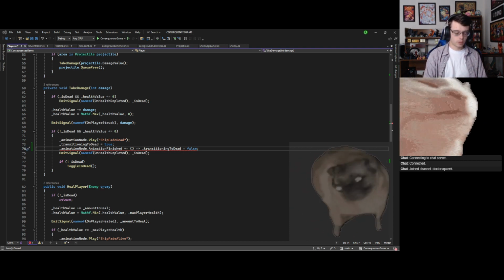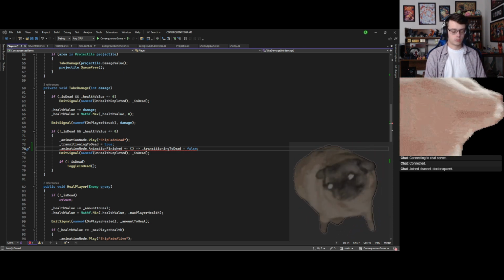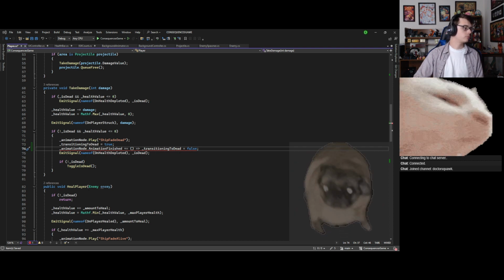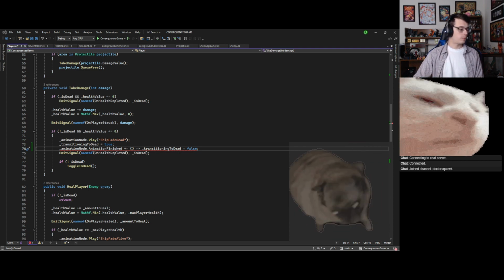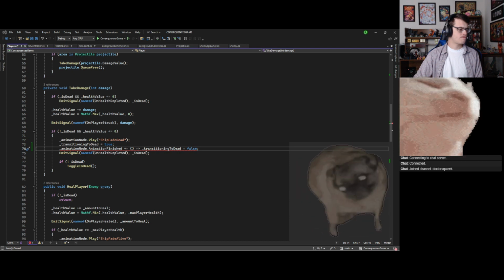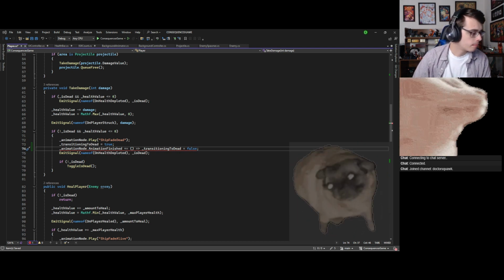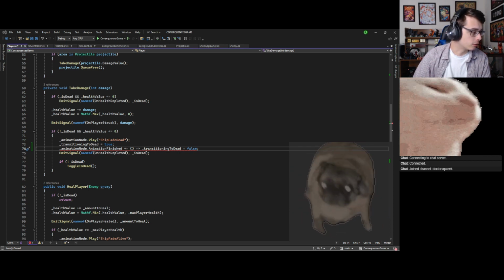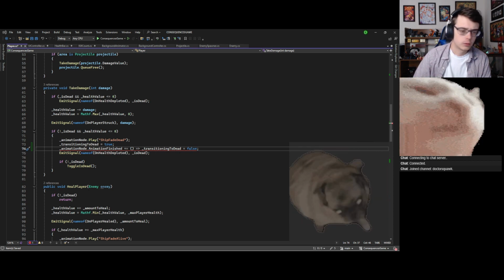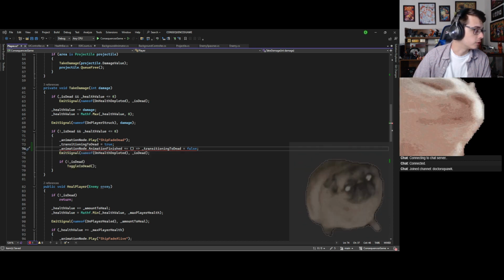Animation node. Animation finished. Oh, it doesn't actually give me the signal that I'm looking for. It's called an animation player, that's why.